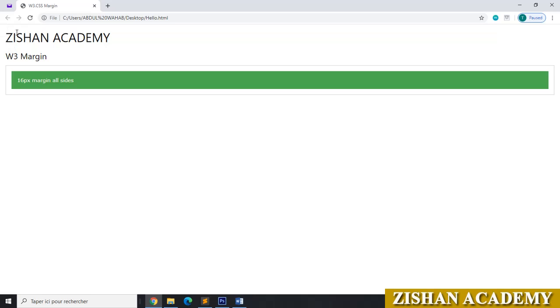This one I got some paddings here. This is in the w3 container, and here you can see we got one container. Here is the border and here is the margin on all the sides. On all the sides, here also you can see 16 pixel margin.